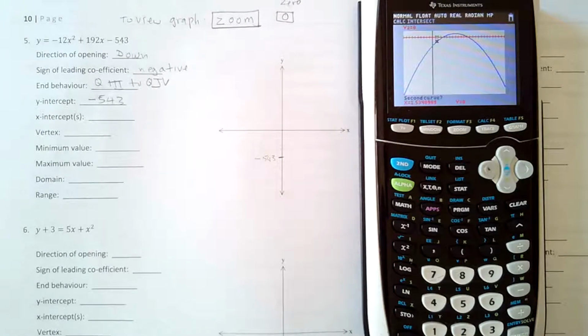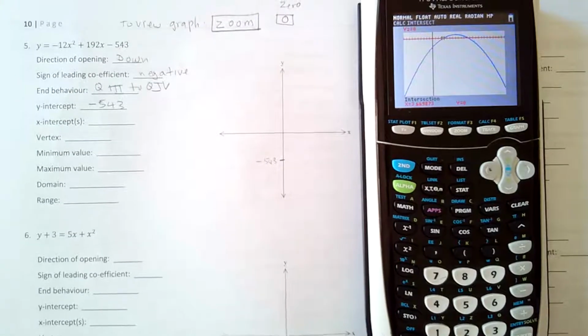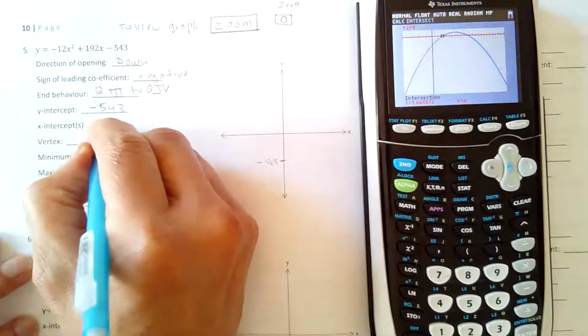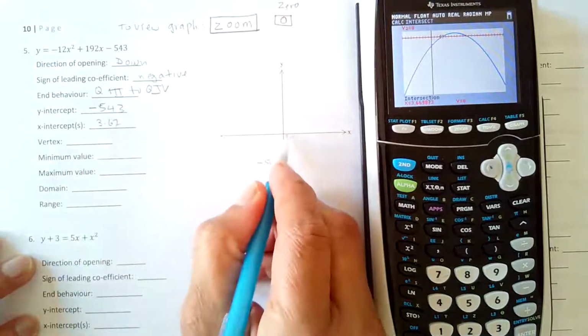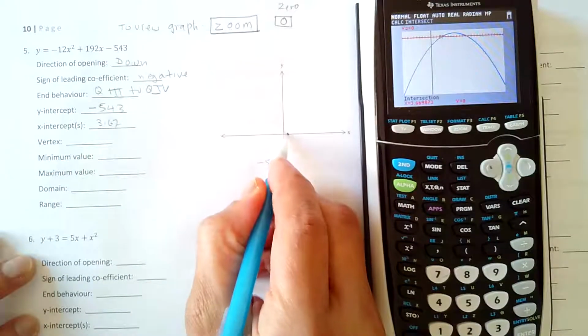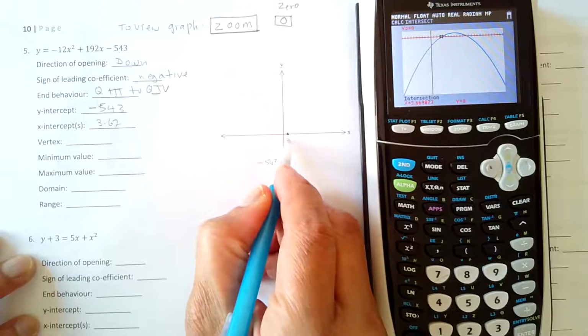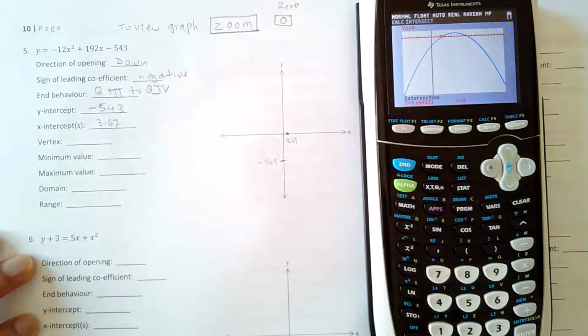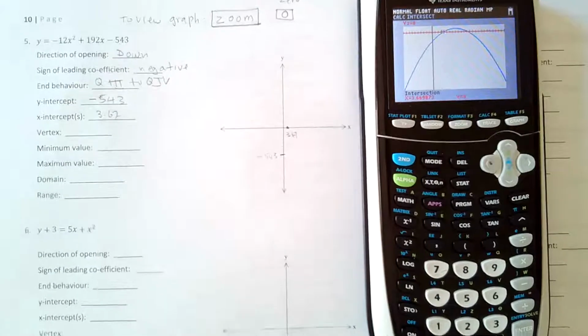Press enter 3 times. This is the first intersecting point, 3.67. And the other intercept,